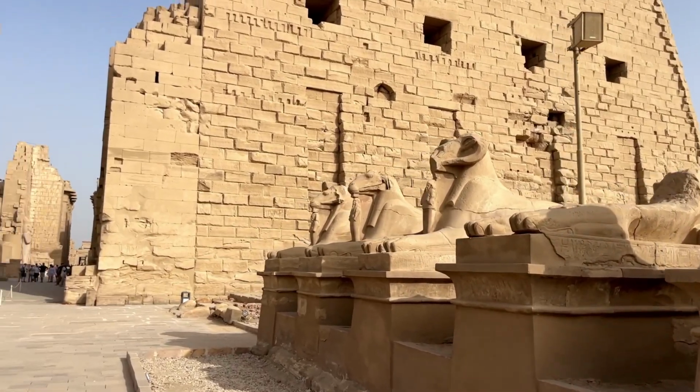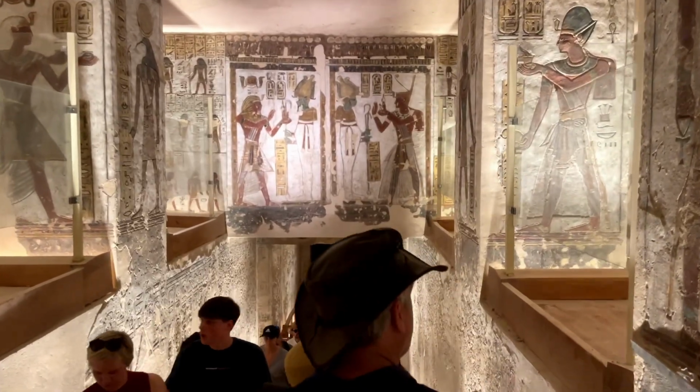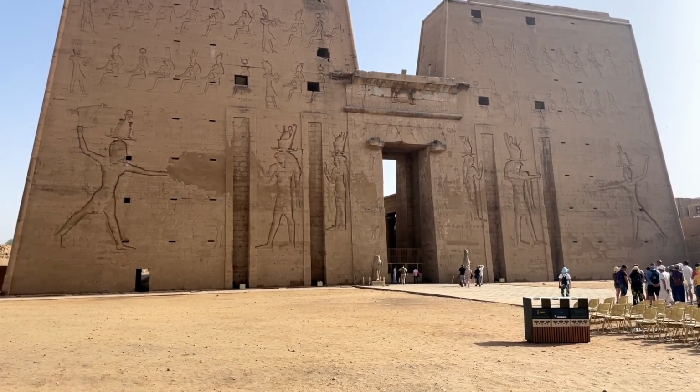On top of the $700 that we had to pay for the actual cruise itself, we had to pay for admission into the attractions that we visited along the way. So that included things like the Luxor Temple, the Karnak Temple, Kom Ombo, all the cool sites we saw. So the admissions cost for the both of us $210. On top of that, there were some additional extras on the boat, things like drinks and tips, and that cost us $200. So all in, our Nile Cruise cost us